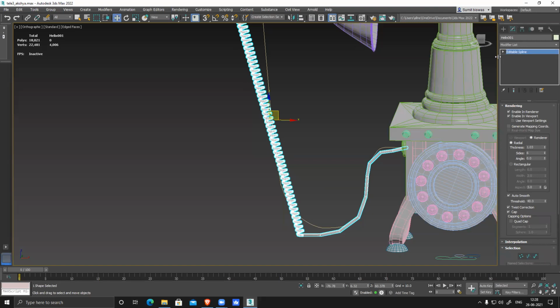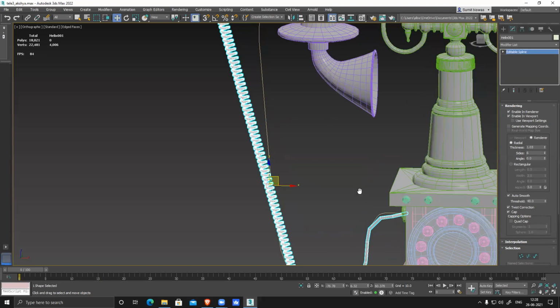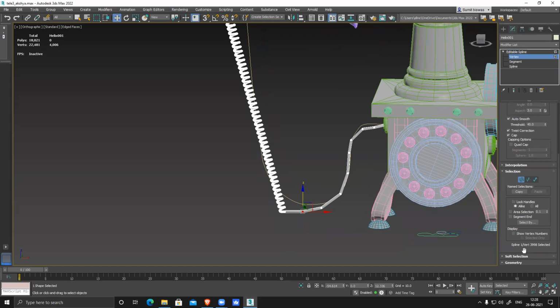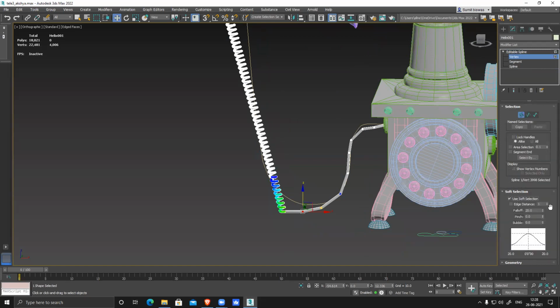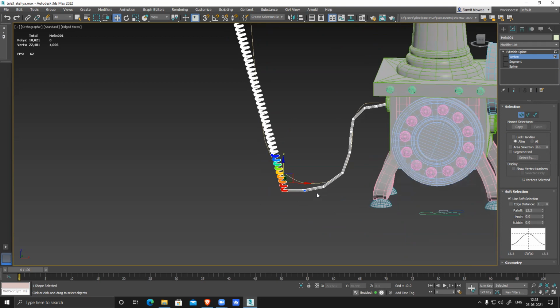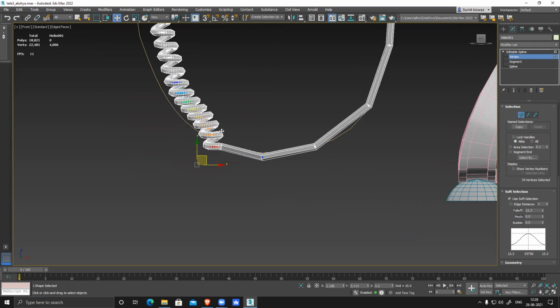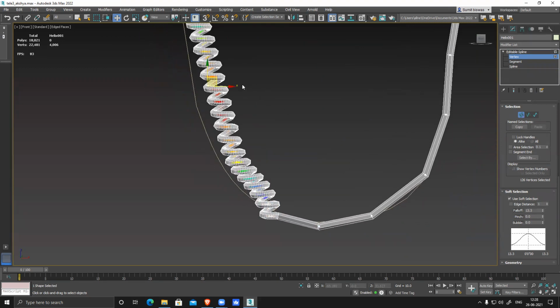Or one more thing you can do: after creating the basic structure, you want to make the flow clean. Go to vertex selection, soft selection. Switch on this, select, falloff. I can increase, decrease. Front. I can make it clean.